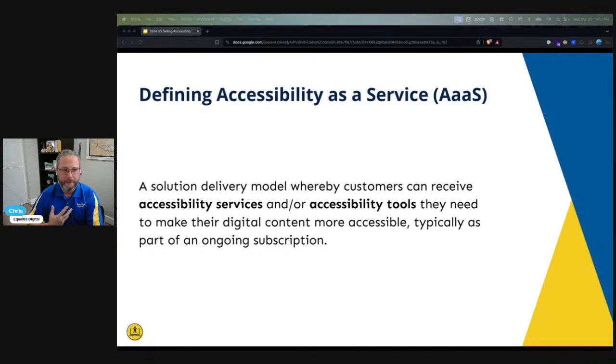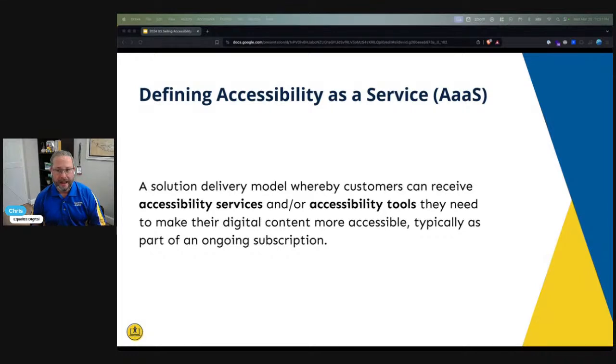So I want to just provide a handful of examples of different implementations of accessibility as a service that we've seen among agencies who are starting to catch on to this, and what some that we've done ourselves. So first, one is maybe offering a quarterly accessibility status report on a customer's homepage, header and footer. Where we're going in, we're doing some sort of automated scan, maybe a little bit of manual testing for some fundamental accessibility issues. We're compiling that into some sort of report or deliverable to give them. And maybe we're establishing some trend lines or using that as a sales tool to sell future services.